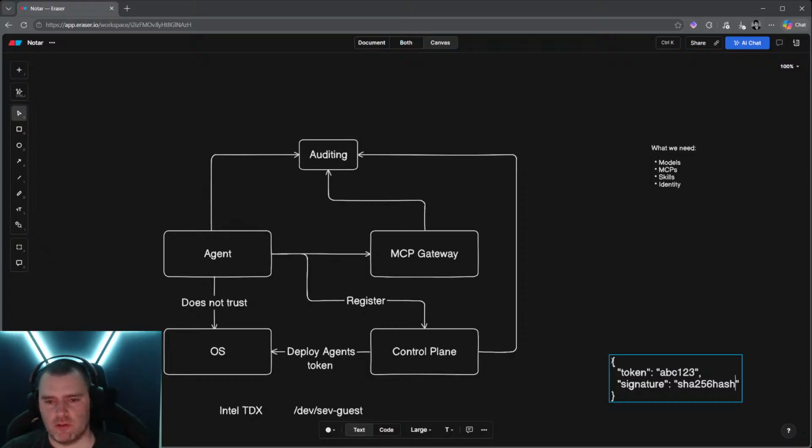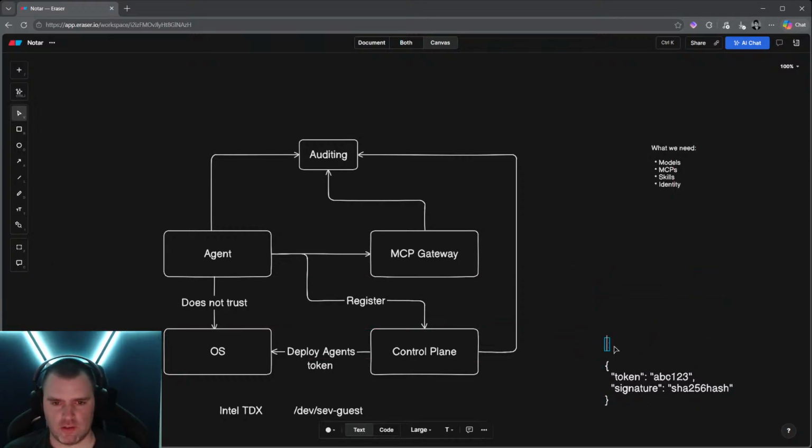And what we'll be able to do is take that hash and apply some crypto stuff and basically get the public key of that, and then we know, so the agent's going to send this part. The control plane as well will actually know